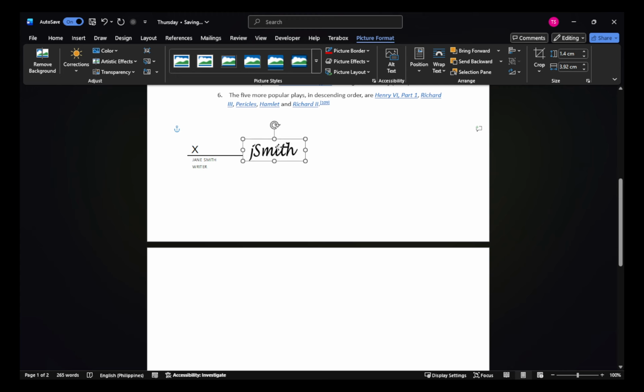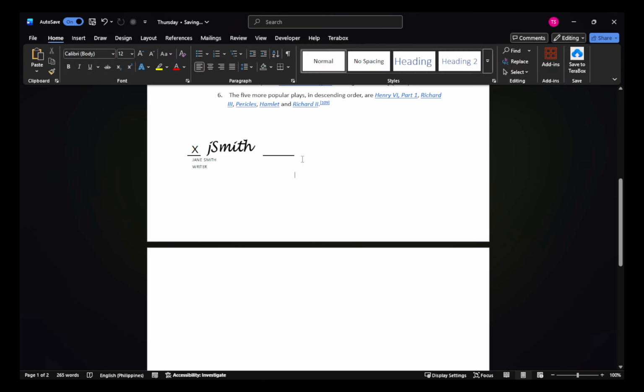If you envision needing this signature block in future documents, there's a neat little trick to save time. You can save your image and any associated text as a quick part. Simply select the image and any accompanying text, then go back to Insert, locate Quick Parts, and click on Save Selection to Quick Part Gallery. This way, you can easily reinsert it into any document with just a few clicks, streamlining your workflow and keeping